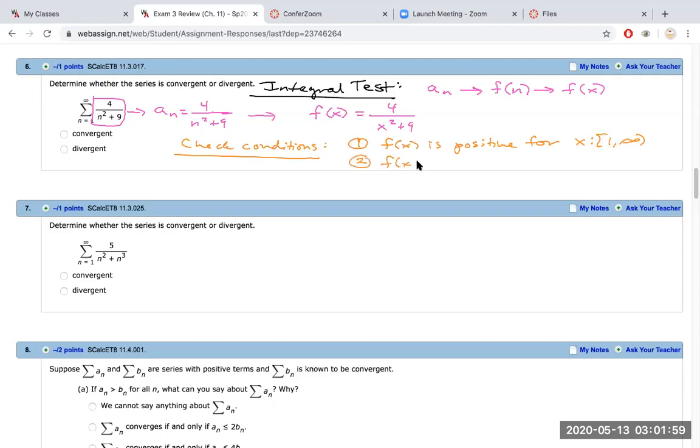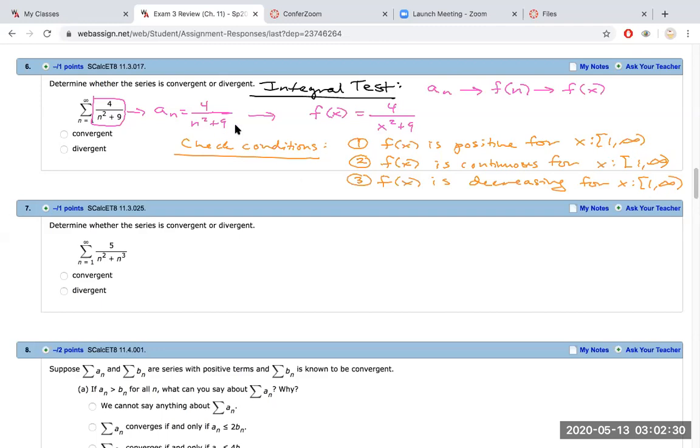You also need to check that f of x is continuous for the same interval of x. And then finally, you need to check that f of x is decreasing for the same interval of x. Okay. So essentially,